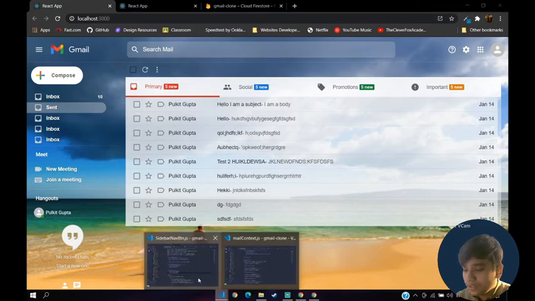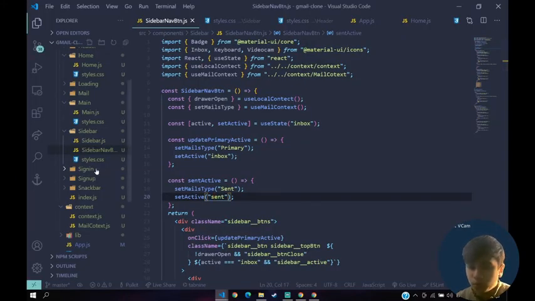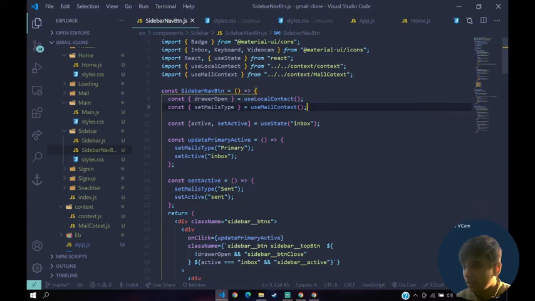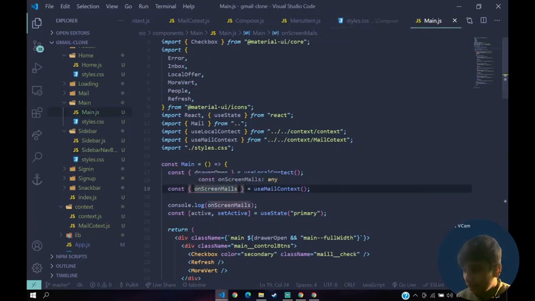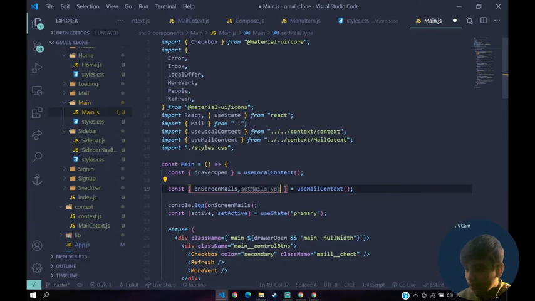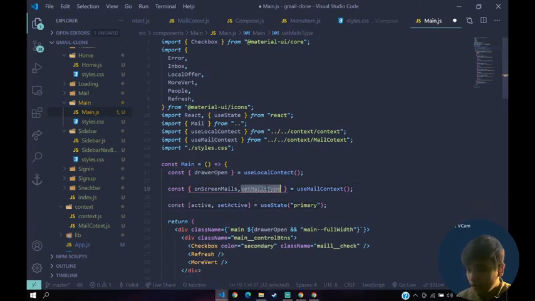So what we'll do is we'll go back here, we just copy this first of all, set mails type, we'll go to our main, and from there we'll get our set mail type also. We can remove this console log.